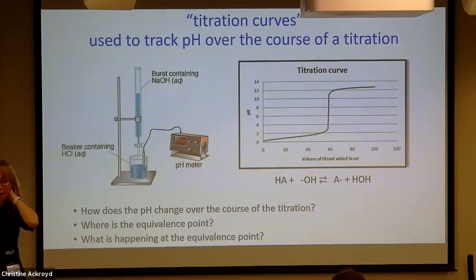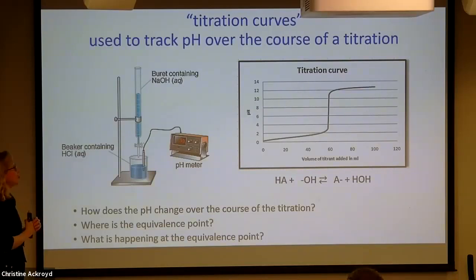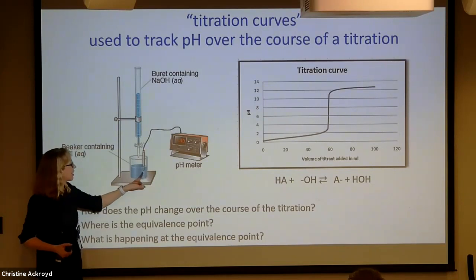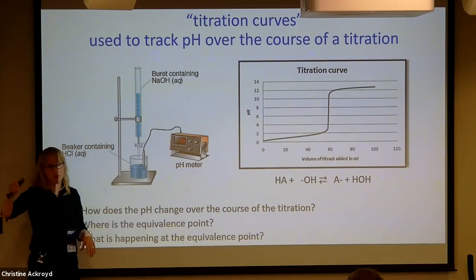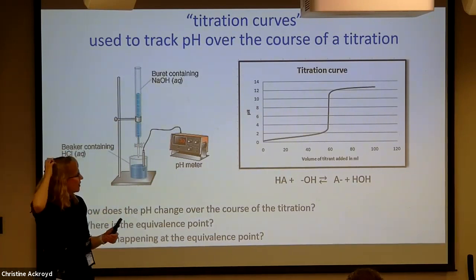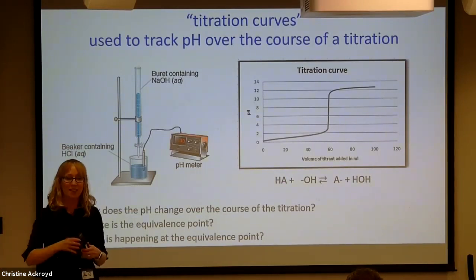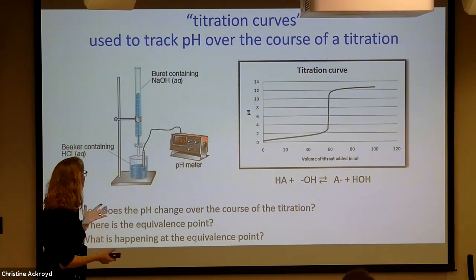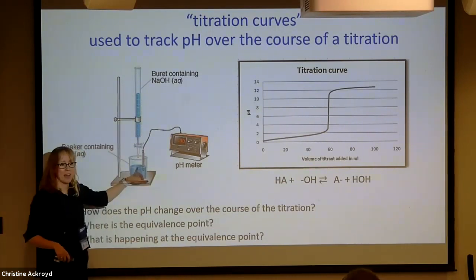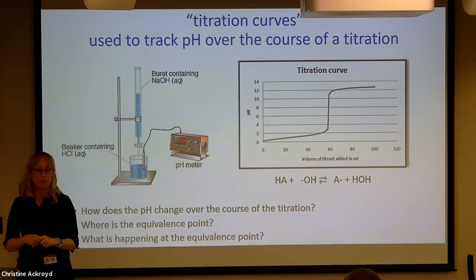You could also track a titration with a titration curve. What you do is you just put a pH meter in, and then you record as you drop in sodium hydroxide. And the advantage of doing this, for those of you that cursed titrations in 107, wouldn't it be nice if you could set it up and walk away? If you do a titration curve, you can automate adding stuff to your sample and just come back later and analyze your titration curve.